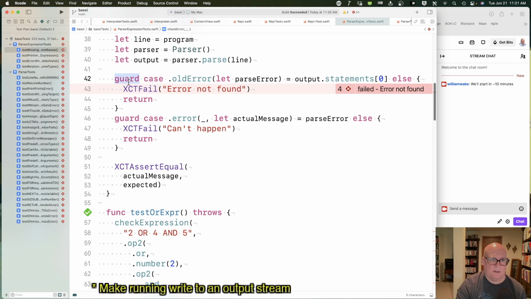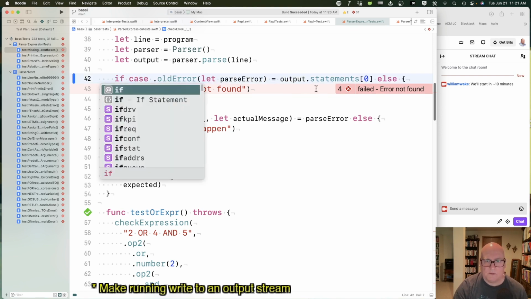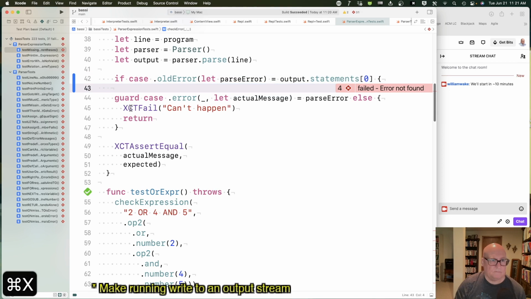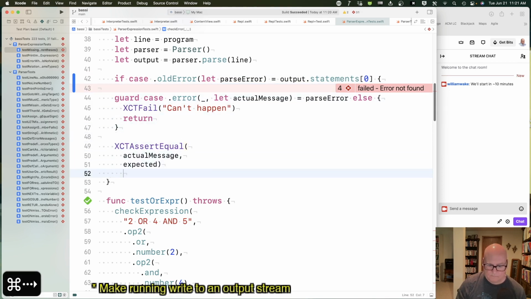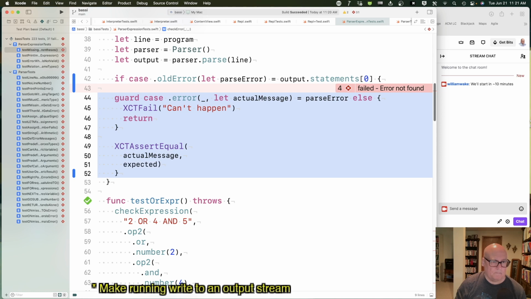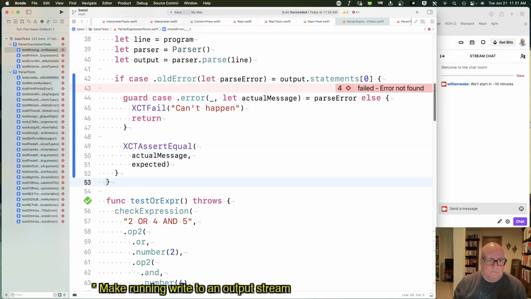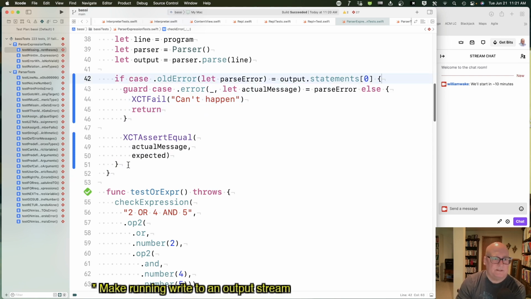Maybe I gotta flip this around. If case old error, parse, blah, blah, blah. Then I want to do all this stuff. Okay, so if it's an old message, I want that stuff. I think else,